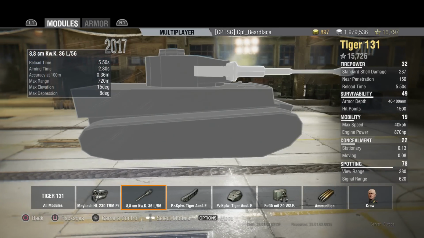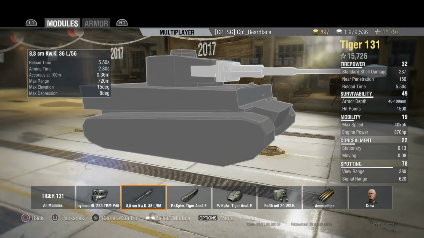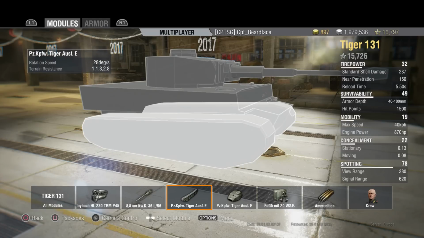Now, there are slight differences also in the gun elevation and depression. This gets a maximum elevation of 15 degrees, which I think is 2 more than a normal Tiger with the long 88, and it gets a maximum depression of -8 degrees, which is 1 more than the normal Tiger with the long 88. That gets -7. So it's got that bit of an advantage as well, and it's only 1 degree, but it can make a difference. Now, we've already said that the hull traverse is 2 degrees faster, but also the terrain resistances